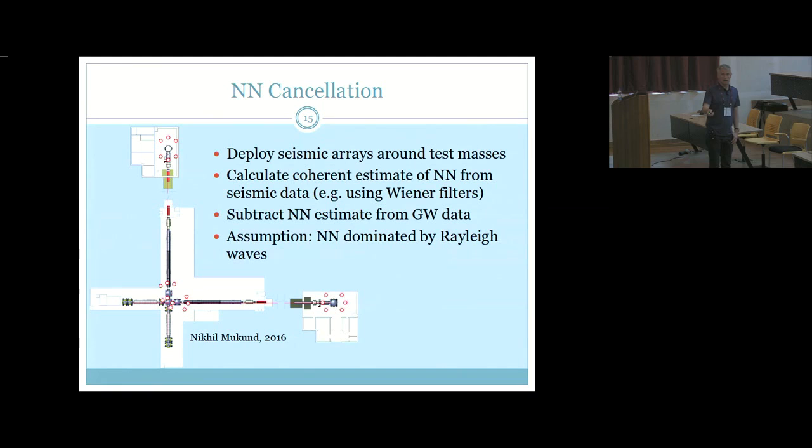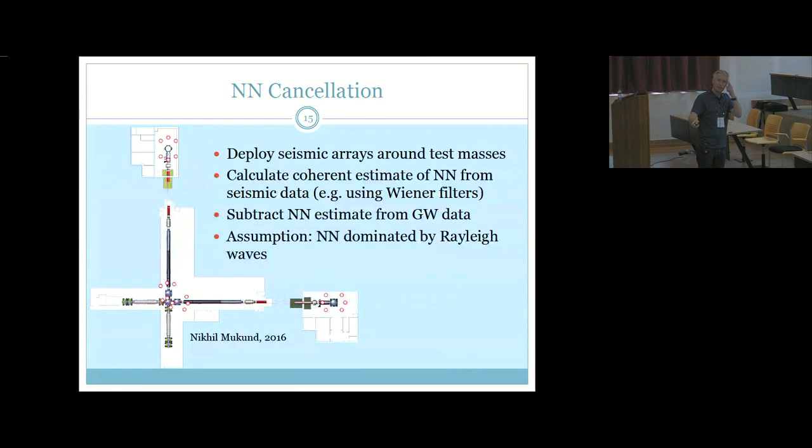And so here you can see the optimal configuration of using 6 sensors for one of the N test masses, assuming that seismic waves on average come from all directions, essentially. So an isotropic field, and at least in the 2D sense, so we are worried about the surface waves only. As I'm going to show, this is not really true. We don't have isotropic fields, but this calculation was done for an isotropic field. The same here, so the same result here.